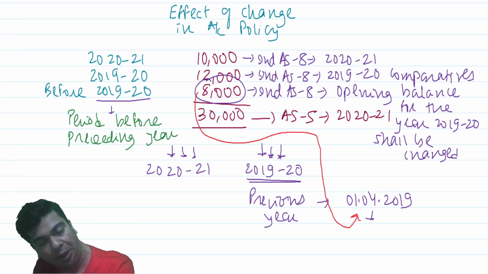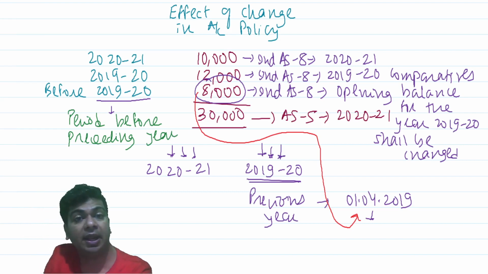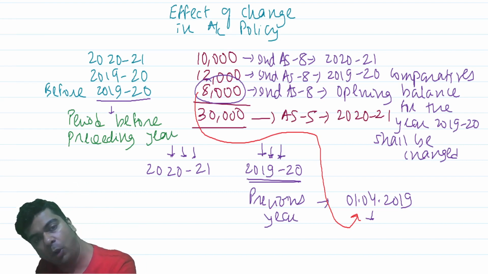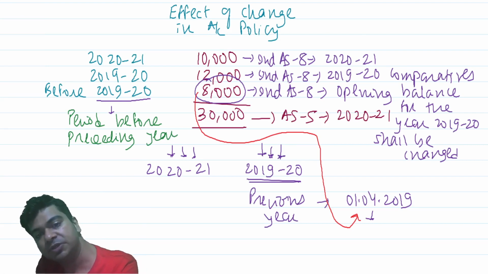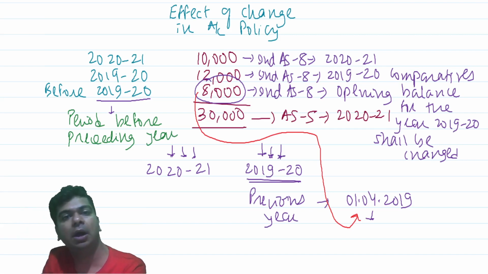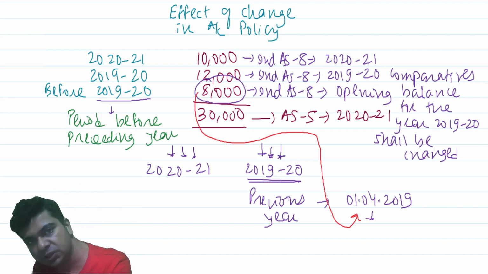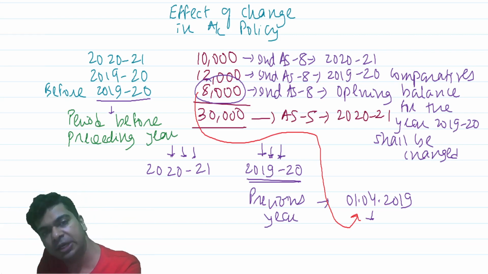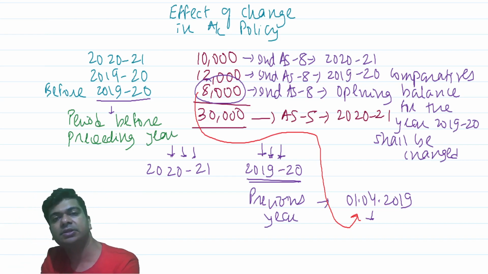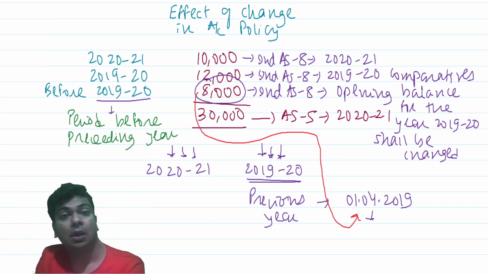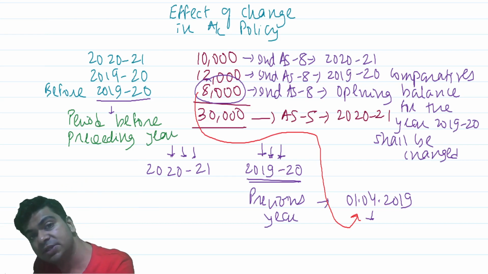So you have to simply give the effect over there. Not only that, over here, as per Ind AS 1, there will be one more requirement. Ind AS 1, presentation of financial statements, suggests that you have to prepare a third balance sheet in certain circumstances. Please hear me out. The question that arises is: what is this third balance sheet?